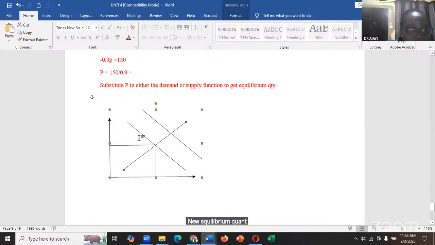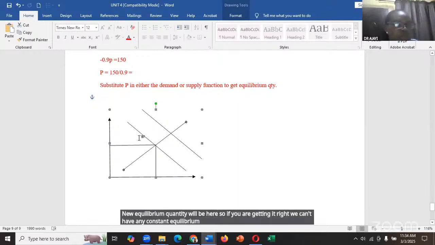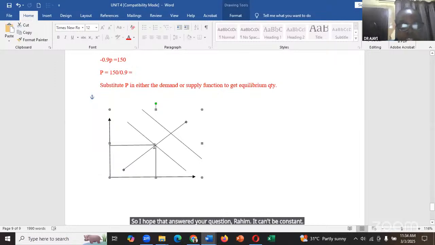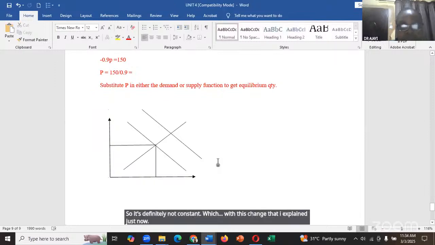So if you are getting it right, we can't have any constant equilibrium. Equilibrium will not remain the same. So I hope that answered your question, Rahim. It can't be constant. So it's definitely not constant with this change that I explained just now. So let's